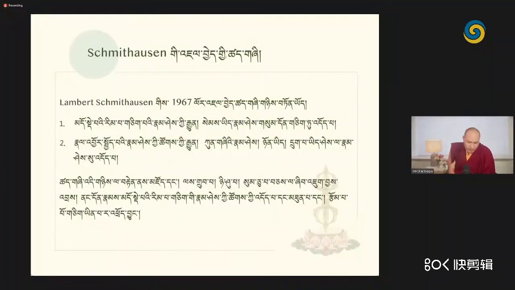Then the second scholar was named Lambert Schmithausen. Schmithausen is a German academic. And in 1967, what he said is that when